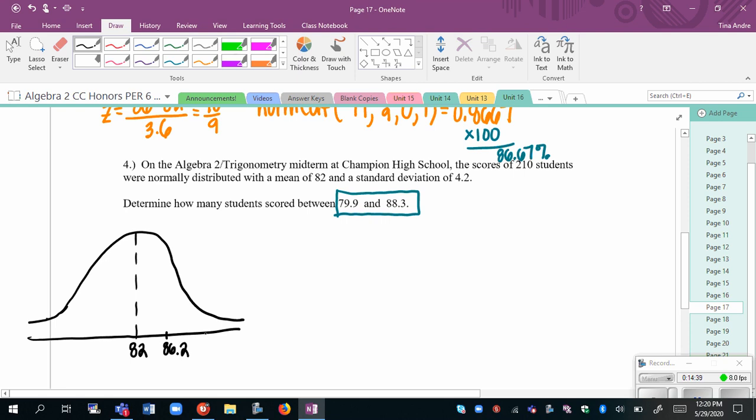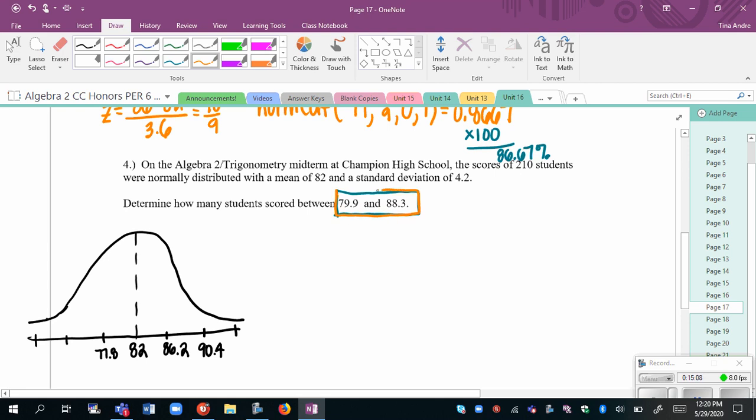And then I'm going to have to add another 4.2 to that, and I get 90.4. And I don't really care about that last value because I know that 88.3 is going to be somewhere in here. The 79.9, I need to go below the mean. So let's go below 1 standard deviation. We get 77.8. And again, there would be two more below, but I don't really care about those because I care about between